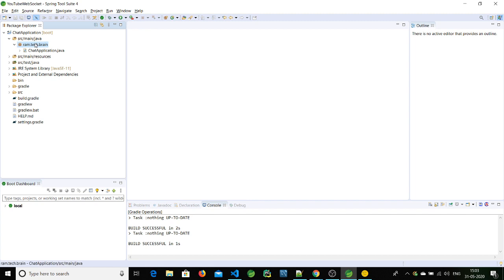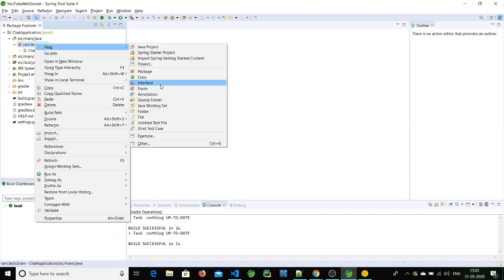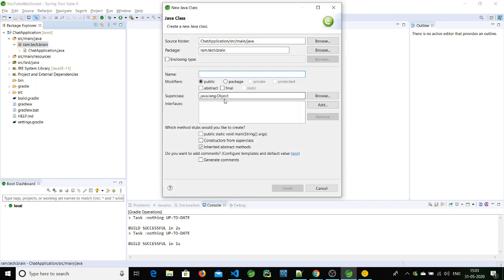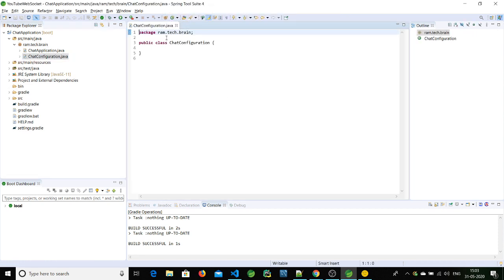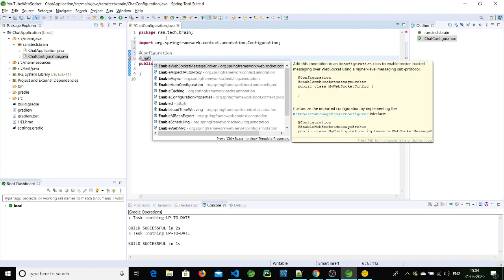So let's create a class named chat configuration, and here we'll do the same: @Configuration and @EnableWebSocketMessageBroker.